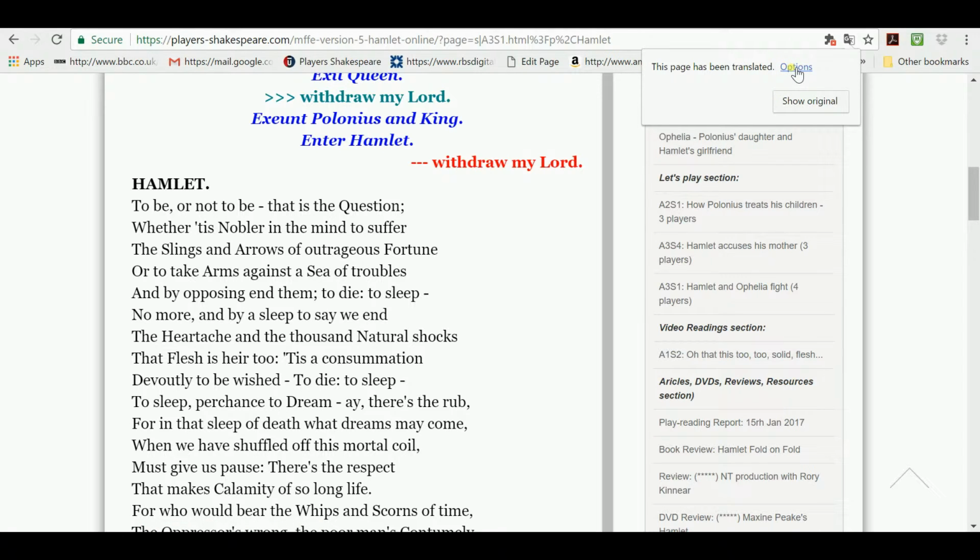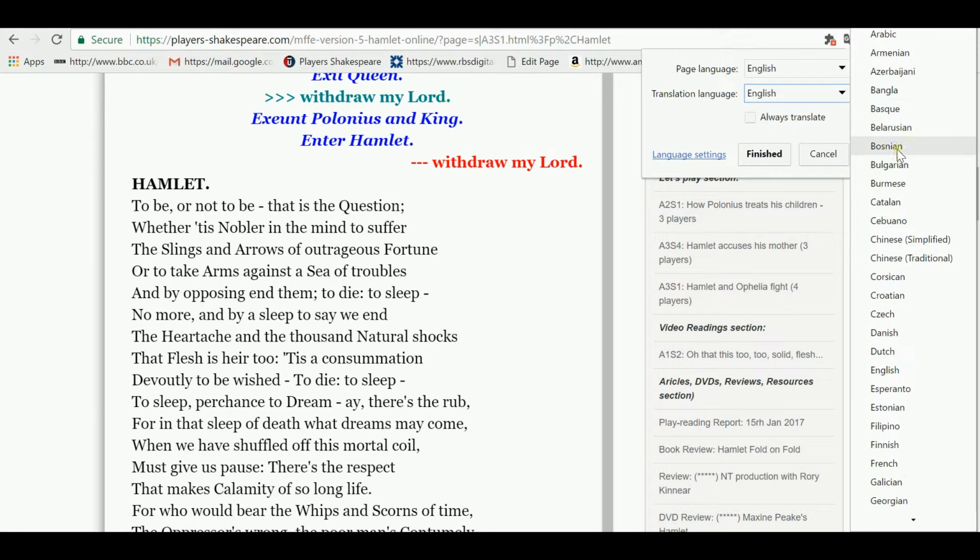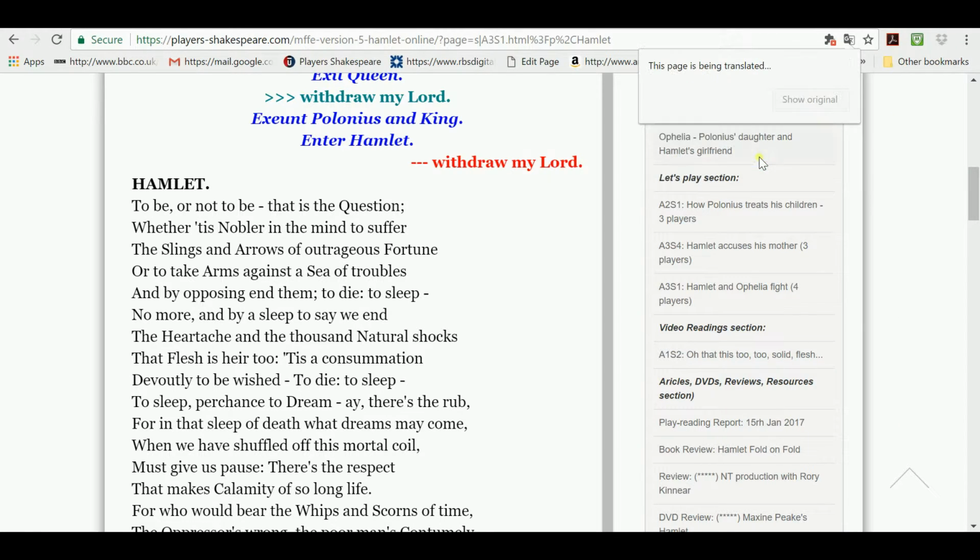But when I do that, I get an option in which, when I click on the option, it shows me the page language is in English, the translate language is in English, but if I open up the translate language, you'll see that there are really hundreds of languages, or at least 100 languages that I can use. What I want to use is French. So if I click on French and translate,